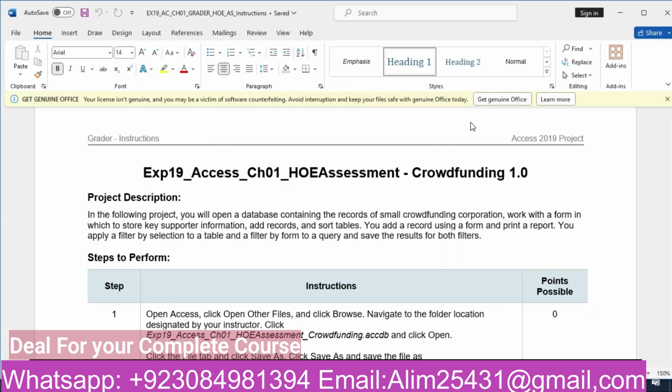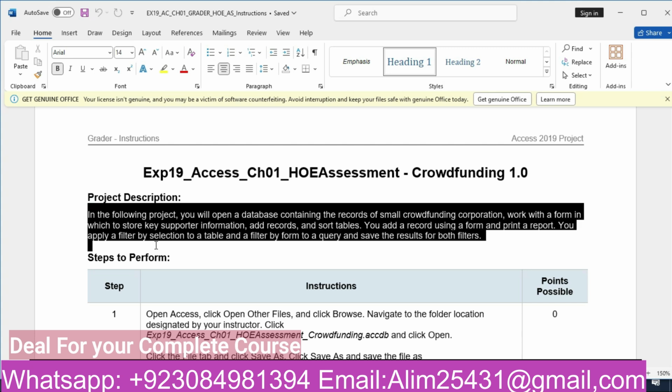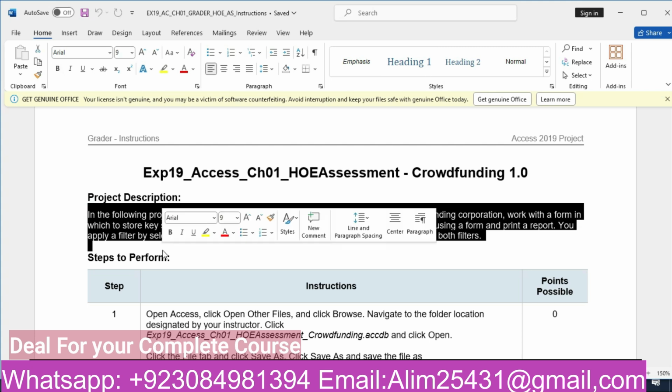Everyone, today I am going to solve an Access assignment, EXP19 Access Chapter 1 Hands-On Exam Assessment, Crowdfunding. In its project description, it is telling us about our job responsibilities. Like in the following project, you will open a database containing the record